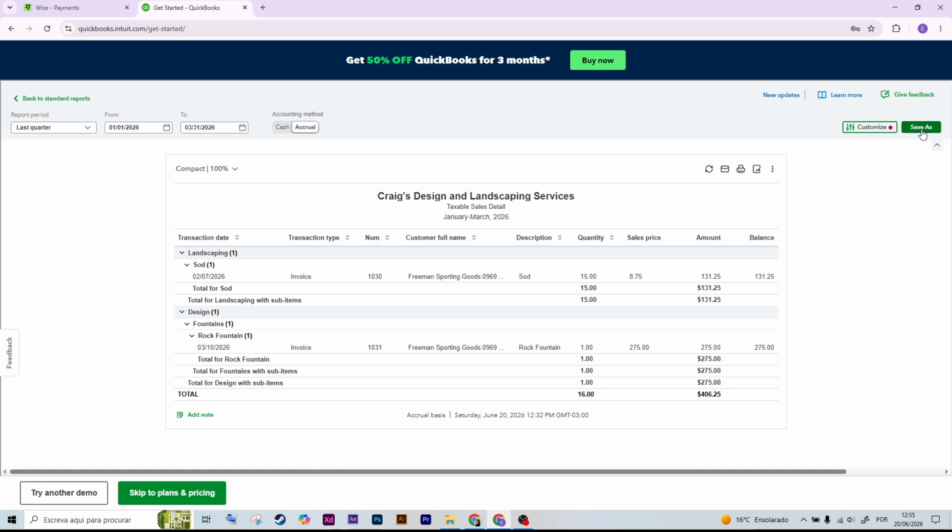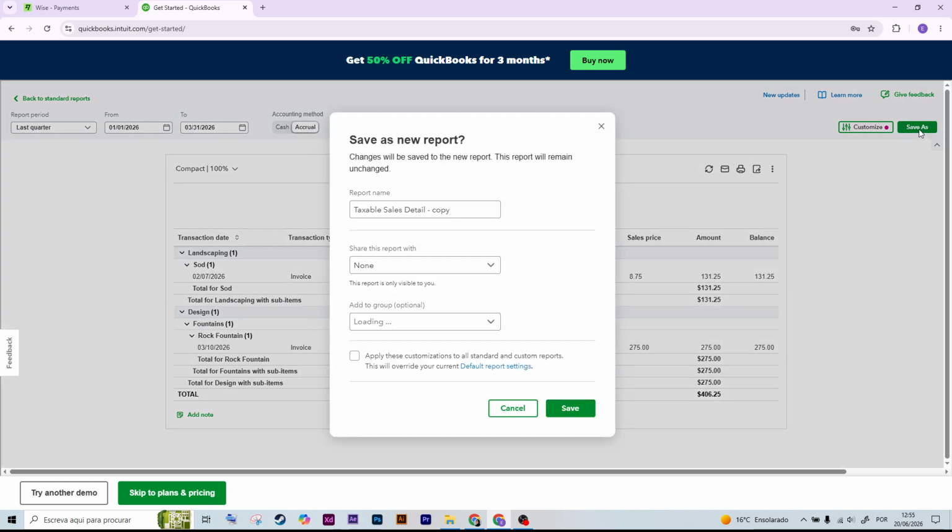Once sales tax is enabled, QuickBooks will automatically apply the correct tax rates to your invoices and sales receipts when applicable. After that, create a test invoice and select a taxable product or service to confirm that sales tax is being calculated correctly. Finally, review your sales tax center regularly to track collected taxes, view tax liabilities, and prepare for